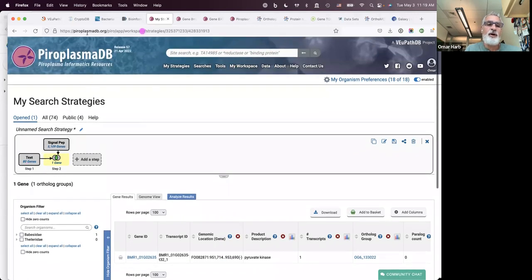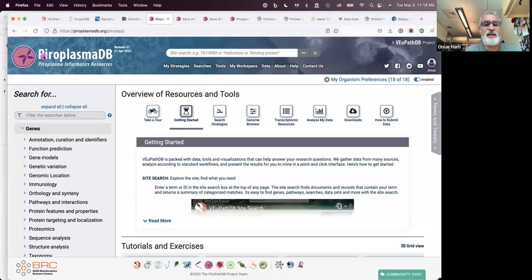Okay, so I'm going to go back to the homepage. So I showed you this one search, which is the site search, which allows you to find things quickly using a keyword or a gene ID, and then you can build this in silico experiment. We're going to run a more sophisticated in silico experiment in a couple of minutes, but I quickly wanted to show you some other things on the homepage or that you can access from the menu bar here that could